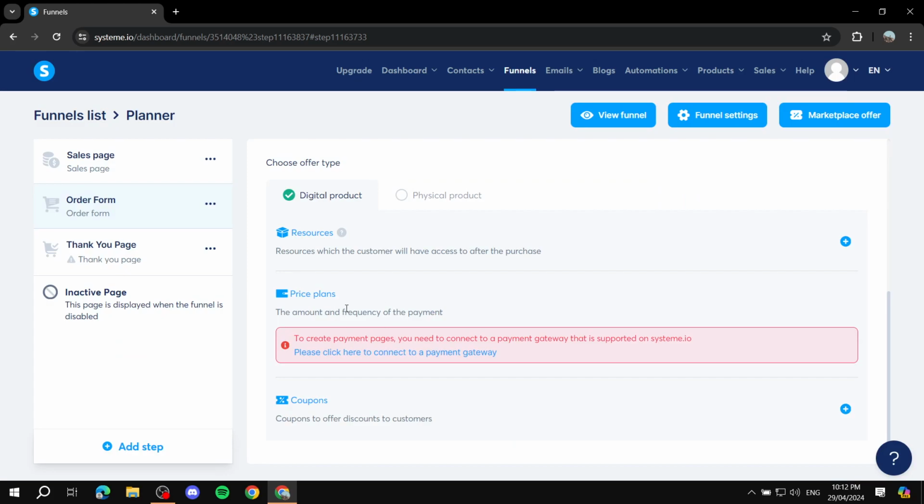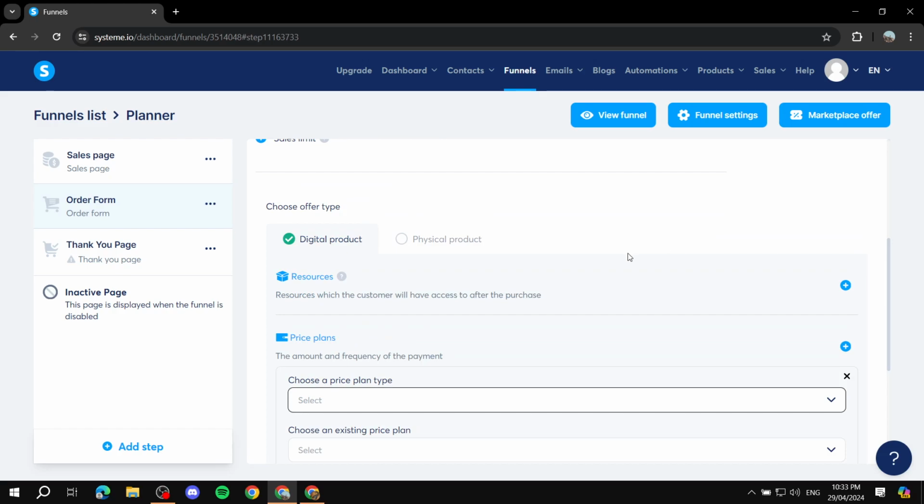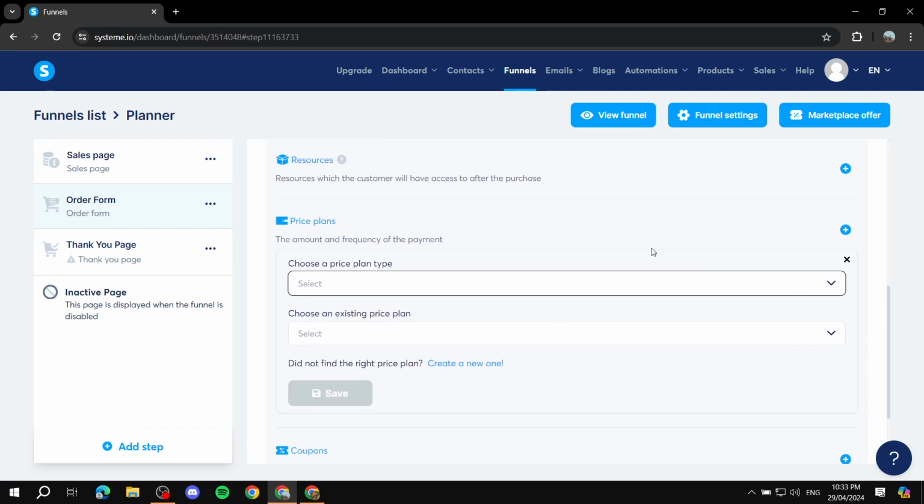And then here you would want to edit your price plans. And to do so, like I said, you will need to actually have connected your payment methods to actually edit your price plans. In the price plans, you will be able to edit how much it actually costs and all of those things. Okay, so I have just added a pricing method, and now we can just go ahead and actually adjust the